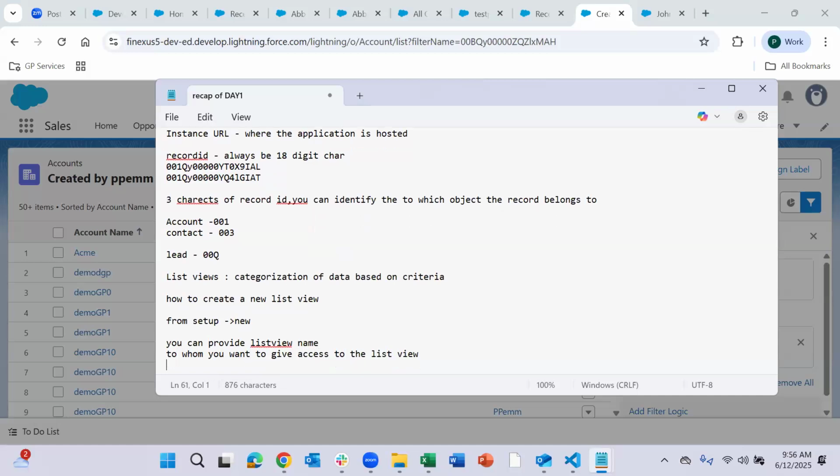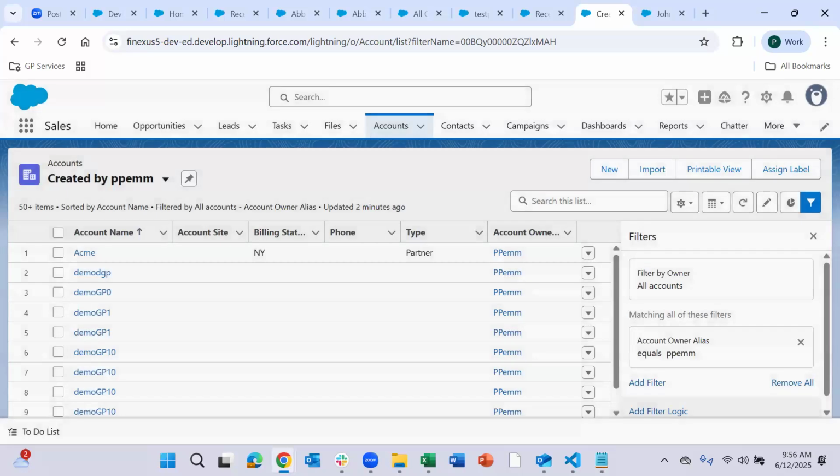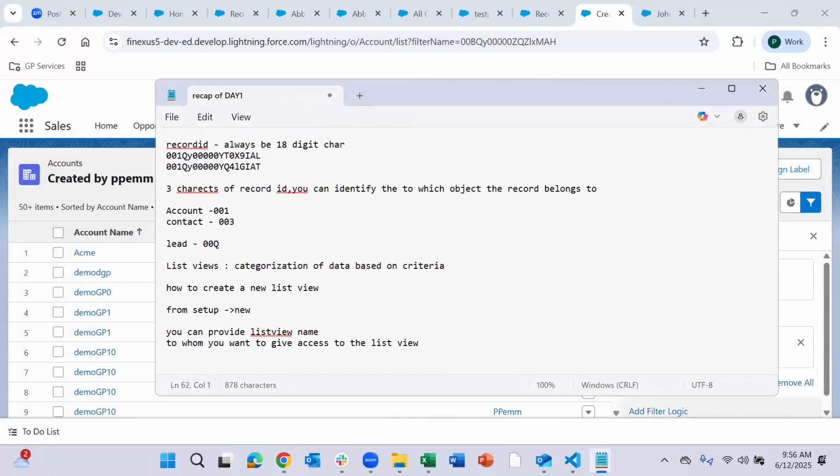So whenever you are creating a list view, you have to go to the setup and click on new. In the same window, you can provide the list view name and choose to whom you want to give permissions to view that particular list view. Now you are clear about that. And then we have applied filters